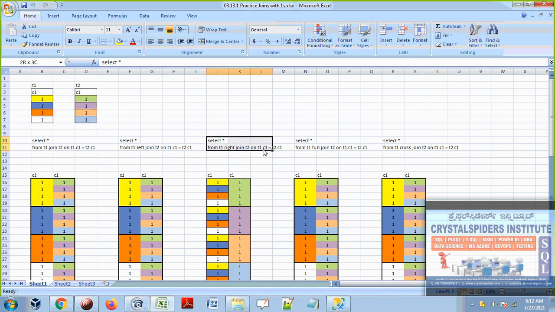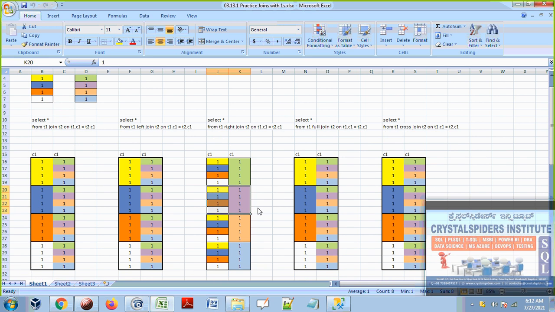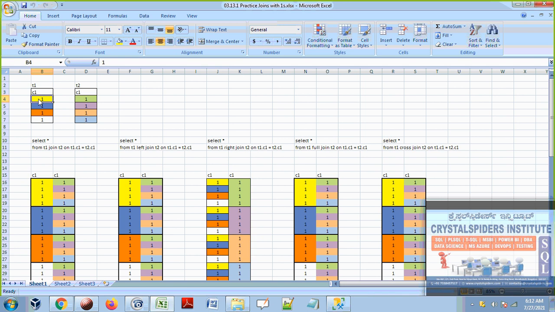And right join, what is this right join doing? It will go to the right side table, that is table T2. Go to table T2, record by record, and try to find the matches. Yes sir, matches are there. Then join those records. So this record is joined with all these four, and this record is joined with all these four, and this record is joined with all these four like this. And in a similar way, full join. What is a full join, guys? We already know. So full join, first it will go to the outer table and try to find the matches. If any matches are there, join those records. And then go to the inner table.